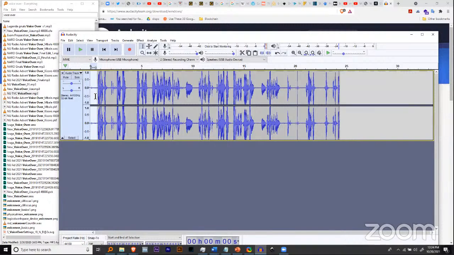So after getting the sound profile, what you want to do next is highlight everything. You can simply click and drag, or you could use Control A. That's a default shortcut for selecting things after all. And then you want to go back to effect. You want to come down here to noise reduction. And then now you have some